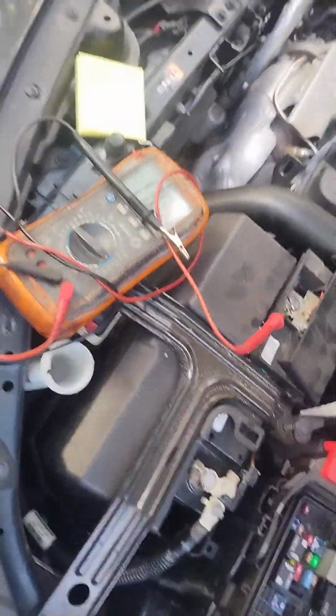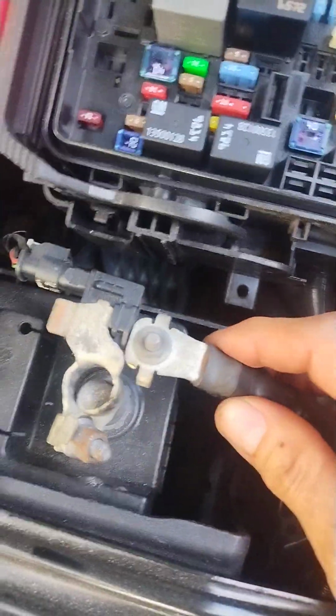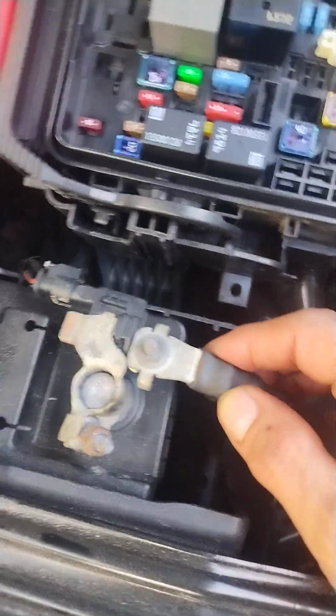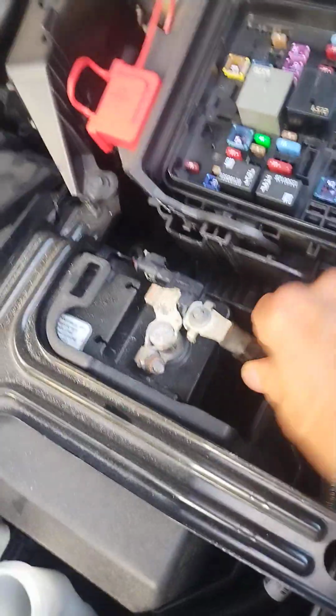Also make sure that your battery voltage is good and you don't have a charging problem, because low voltage will also set these kind of codes. So I went to go check the battery to see what the voltage was, and the first thing I noticed was a loose ground wire. Did you see that spark? How it sparks? A loose ground wire, especially the main cable, and you're going down the road and this thing's rattling away,